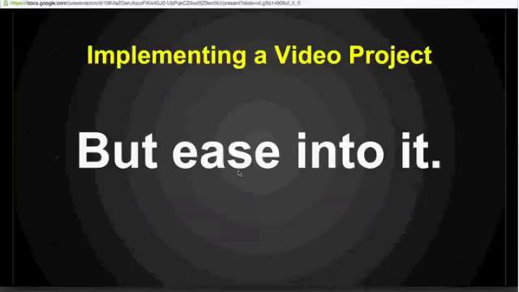So when we think about having students do digital video projects, I think that to make that really work well, what we want to do is get the students in a frame of mind of understanding the different pieces of that process. So, for example, when students work on video projects, if they haven't had any preparatory activities, there's all kinds of things that they may begin to ignore quite quickly.